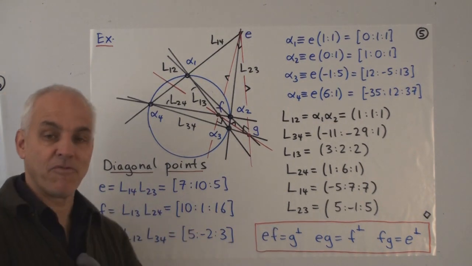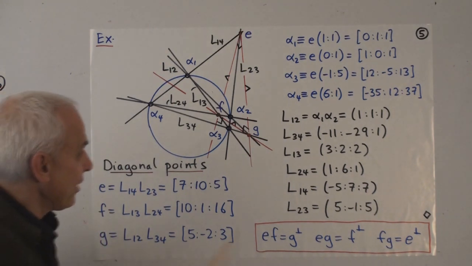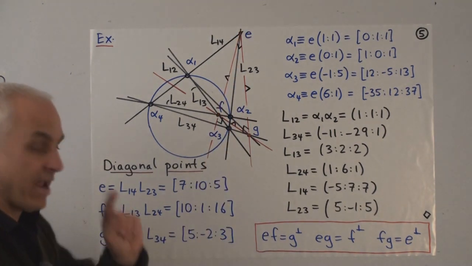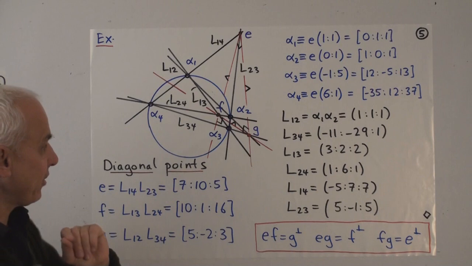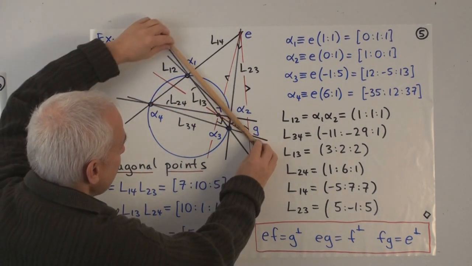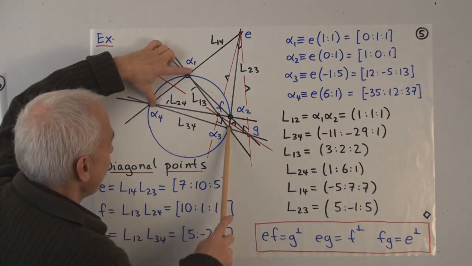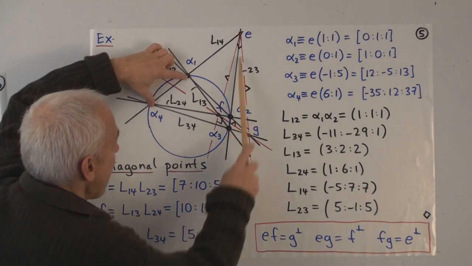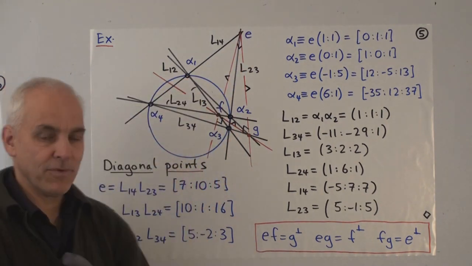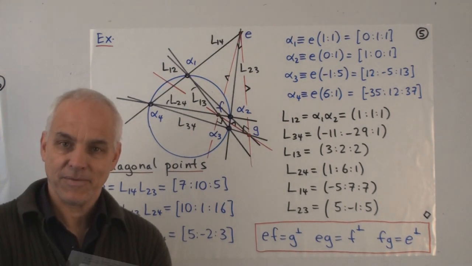This is really the statement of polarity of Apollonius. It's really telling us that the dual of G, which is this line here, can be calculated by any quadrangle of null points determined by taking 2 lines through G. So take any 2 lines through G, calculate the 4 null points, find the other 2 diagonal points, join them up, that way you get the dual of G. That was the statement of polarity.